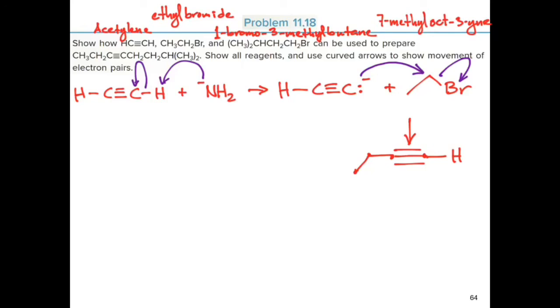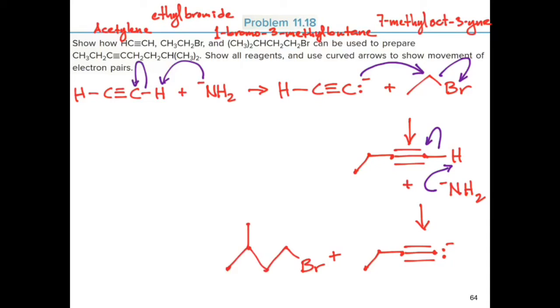And this results in the formation of a terminal alkyne. And you can see that this contains another hydrogen atom, which can be deprotonated. So we can use another equivalent of a strong base. And this deprotonates this hydrogen atom, resulting in the formation of the second acetylide ion. And this ion, acting as a nucleophile, will react with